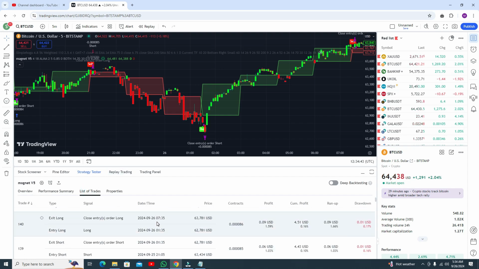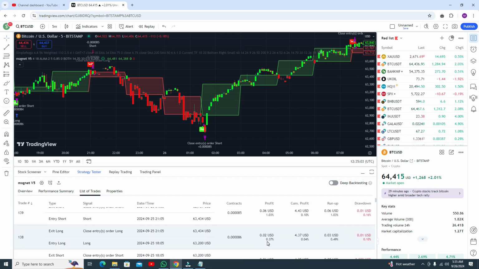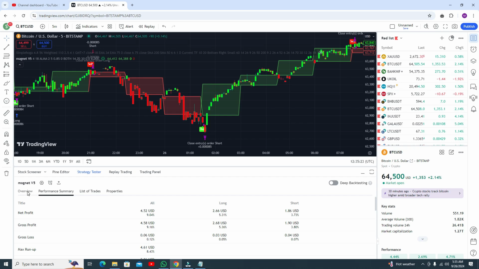These are the trades. This is the drawdown, and this is the commodity profit, and this is the profit, and this is actually a simple profit. So you need to watch it from this point, because this calculation is not so good, because it is just giving you pips, or you can say its calculation works in a different way. So you need to watch the video, and then you will find how many profitable trades you are getting. So this is the summary, and this is the overview.